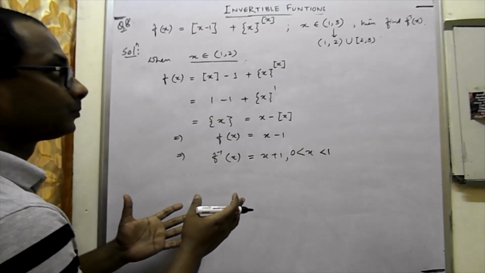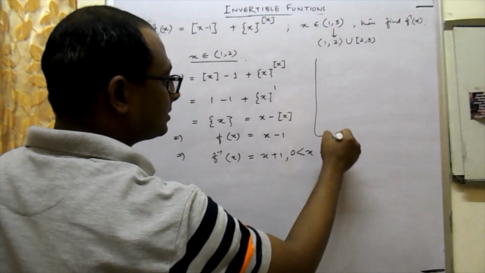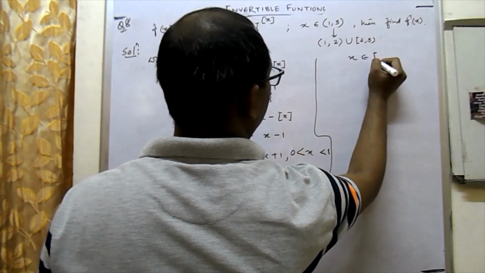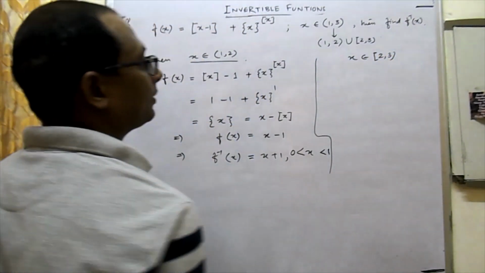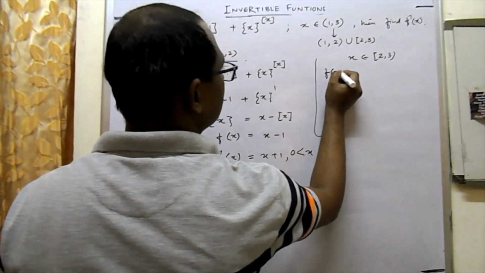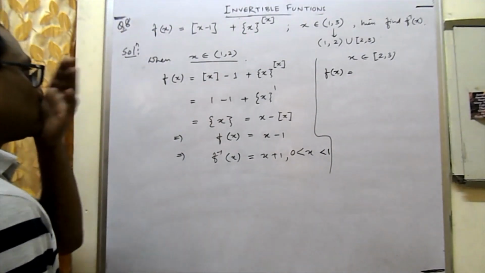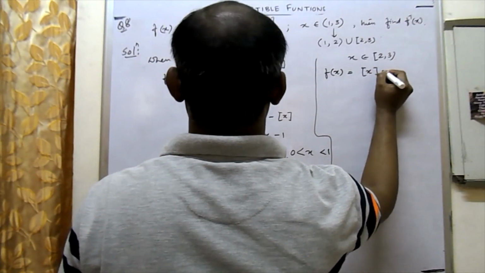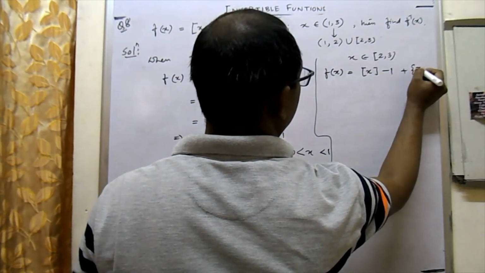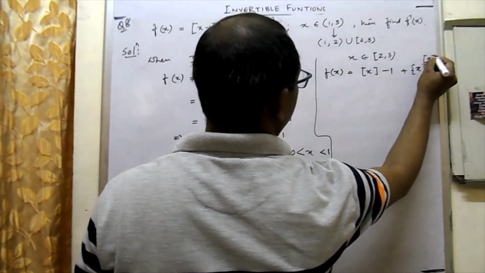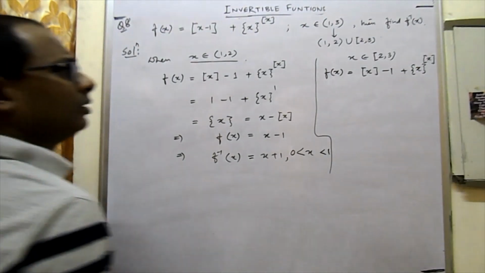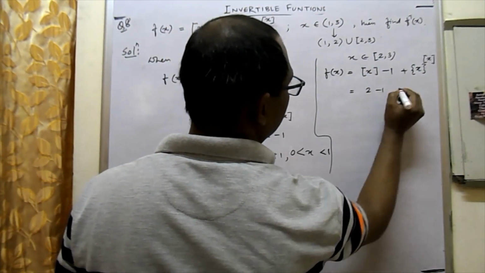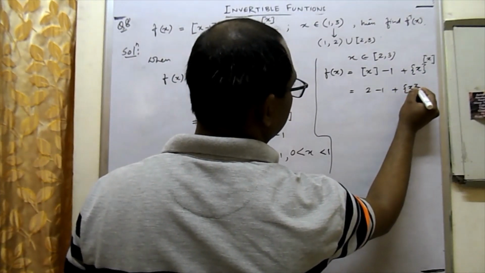Okay, so this is the first case. Second case, when x will lie in the 2 to 3 interval. So f(x) is [x] minus 1 plus fractional part of x, whole to the power of [x]. The greatest integer value in this interval is 2, so 2 minus 1 plus fractional part of x is,